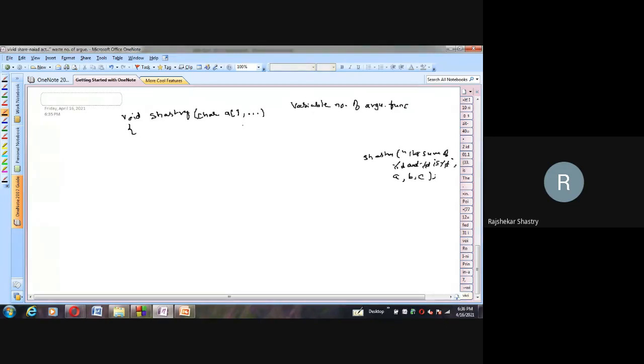Then how to implement? Observe that here we catch the base address of this string.